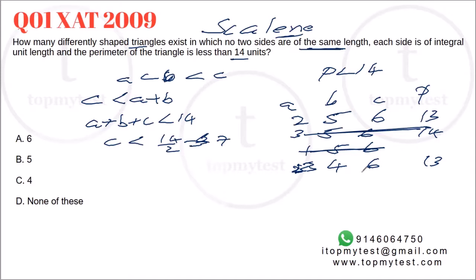Right. Now I cannot put 6, 3, 2. This is not a triangle. 6, 3, 3 is not a triangle. And anyways, these two sides are equal. So 6, 4, 3 is the only triangle with 6 and 4. And the third side will be 3.